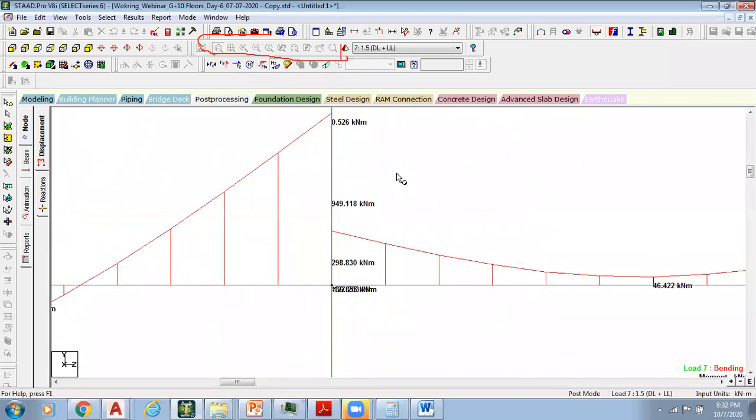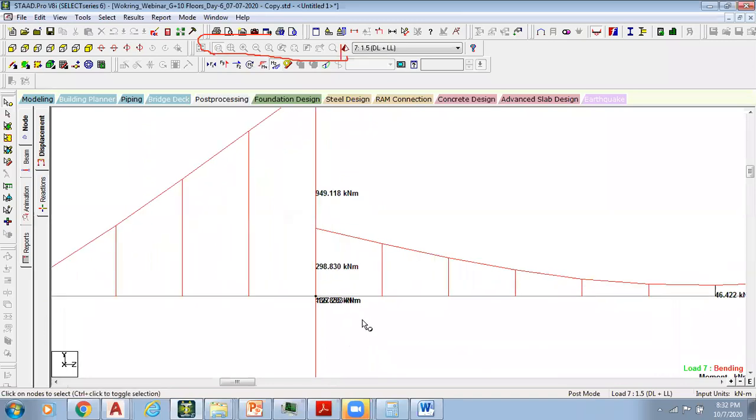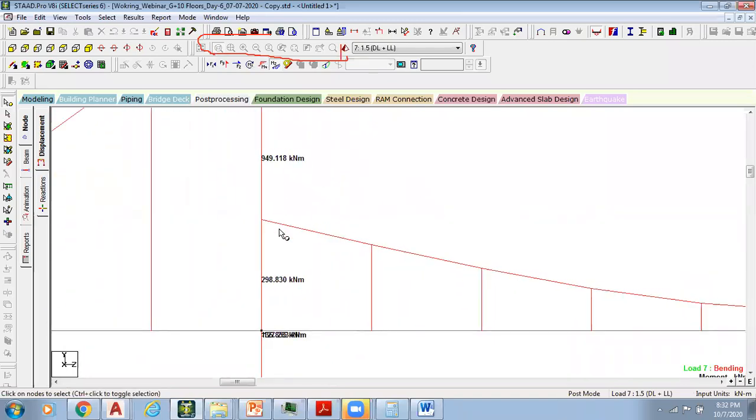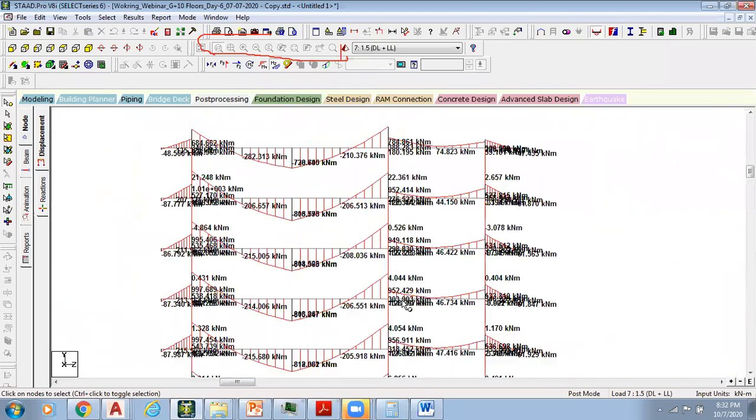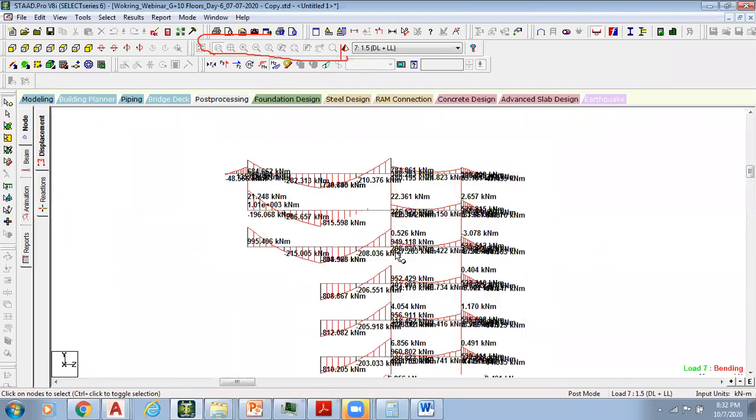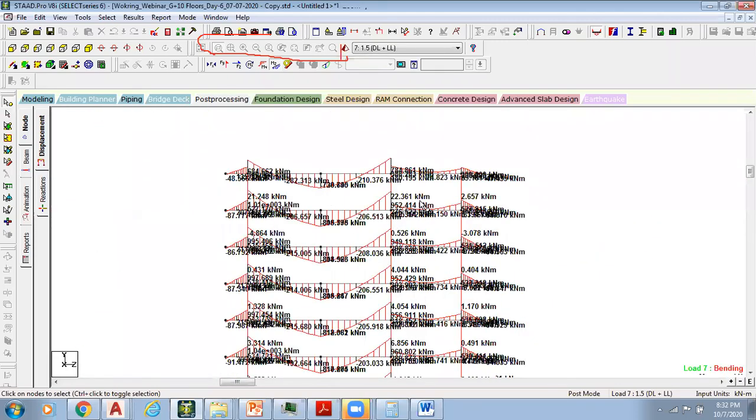Let's check like this. See these values. If you want to see further, in fact, this has to be still active. So there is a kind of a problem with this start. I can zoom in further, further more. Right, this is how you can see the bending moment diagrams and of course the shear values also.